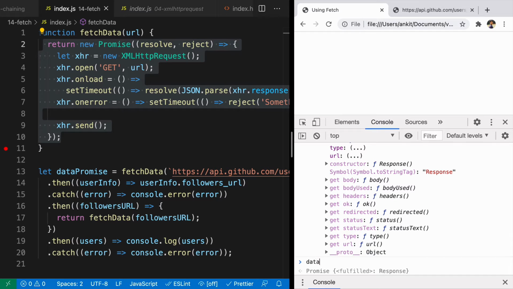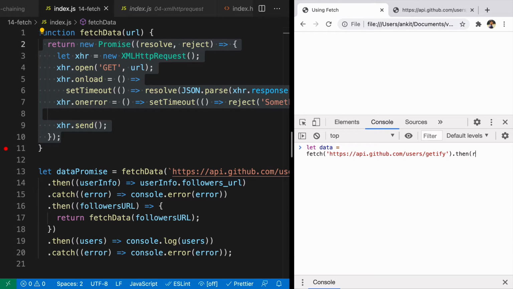So here what you can do, after fetching data, because it returns a promise, I'm going to add a .then into it. So you'll say .then, I'm getting access to response and I'm converting this response into JSON format. Whatever you return from this .then, you will get access to in the next .then. So what are you returning from here? You're returning whatever you're getting from this URL into a JSON format.